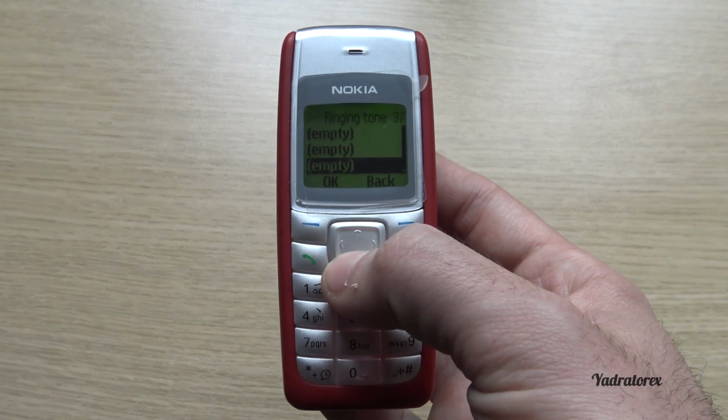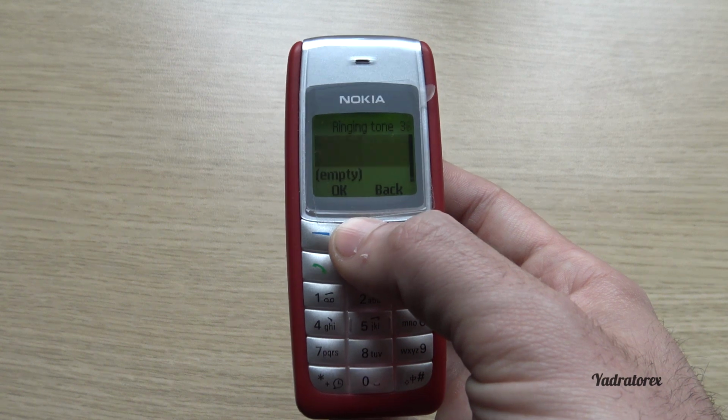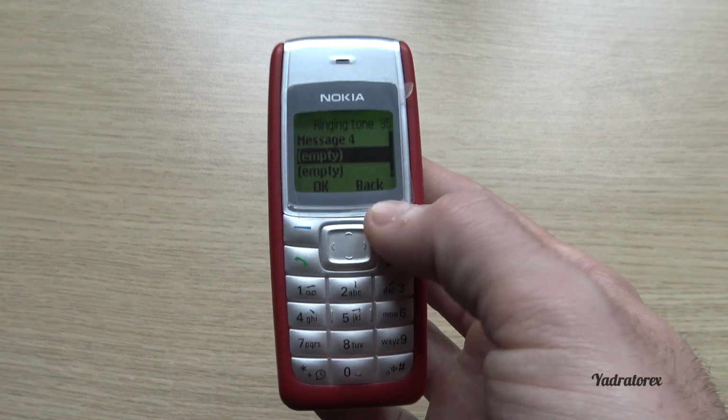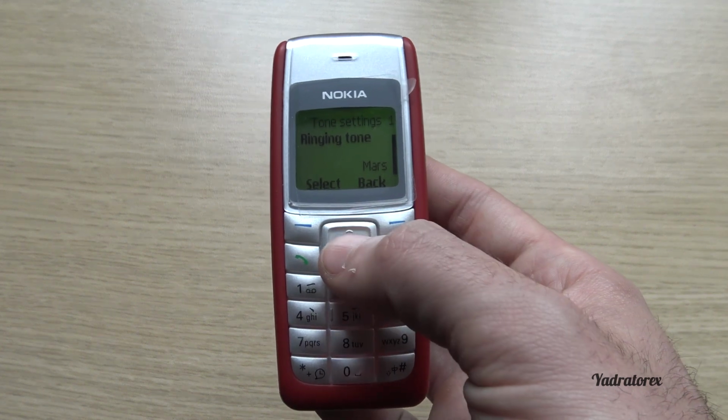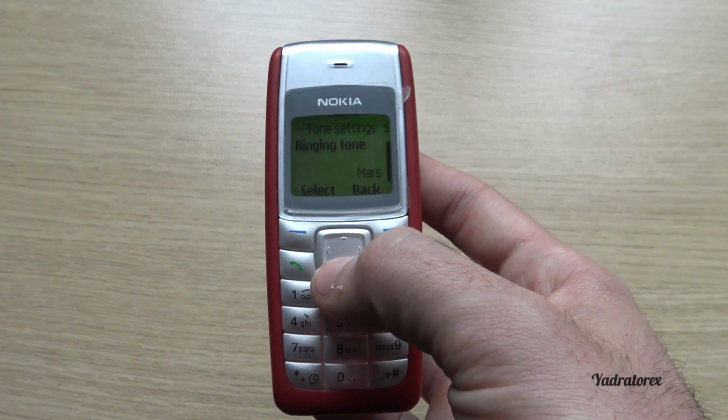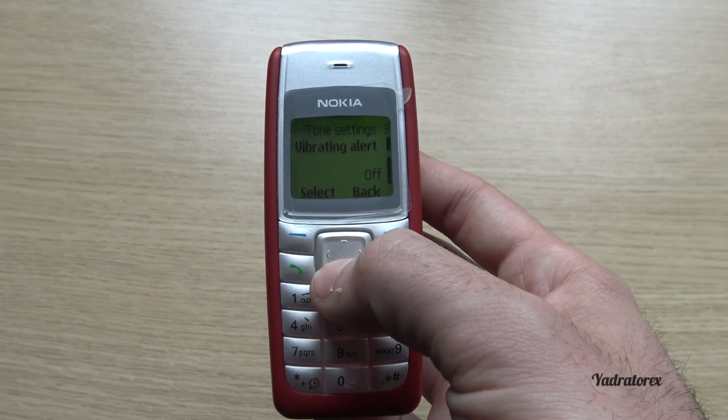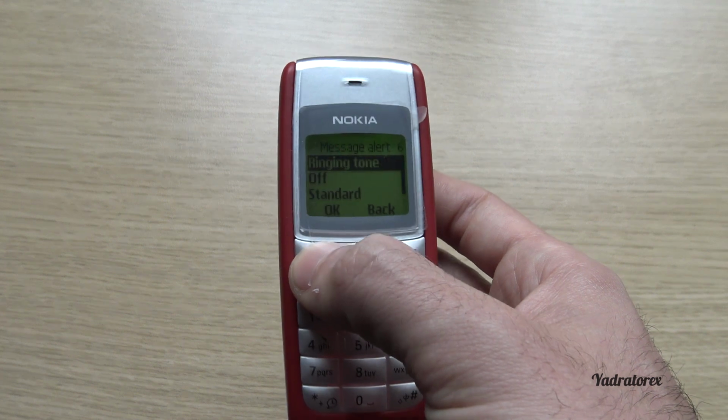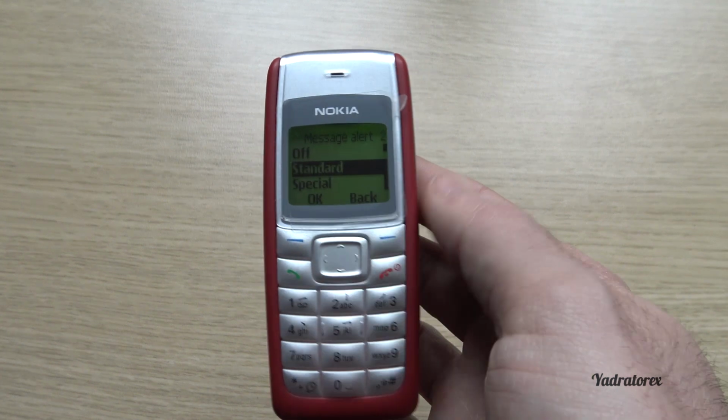And there you can put your own composed songs. Please comment below which were your favorite ringtones from that phone. Also, let's take a look at the message tones, the standard.